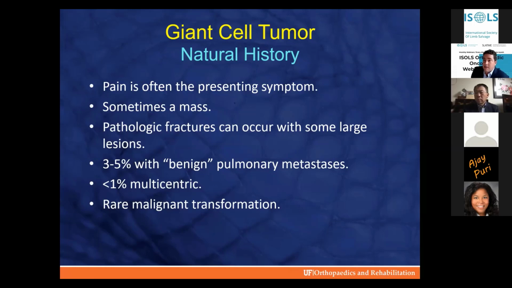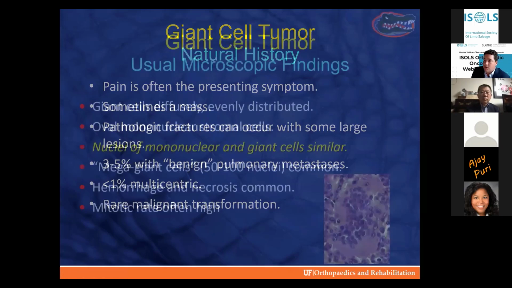We call this a benign tumor. However, 3 to 5% of these can actually metastasize to the lung, and it does have some locally aggressive properties, and we can also see multicentricity. Some of these patients present with synchronous disease. So at the time of diagnosis, we usually get a bone scan to make sure that there's no other sites, and even metachronous disease, which is further down the road. And I'll show some examples of that. And as discussed previously, there is some anecdotal evidence of this rare malignant sarcomatous transformation.